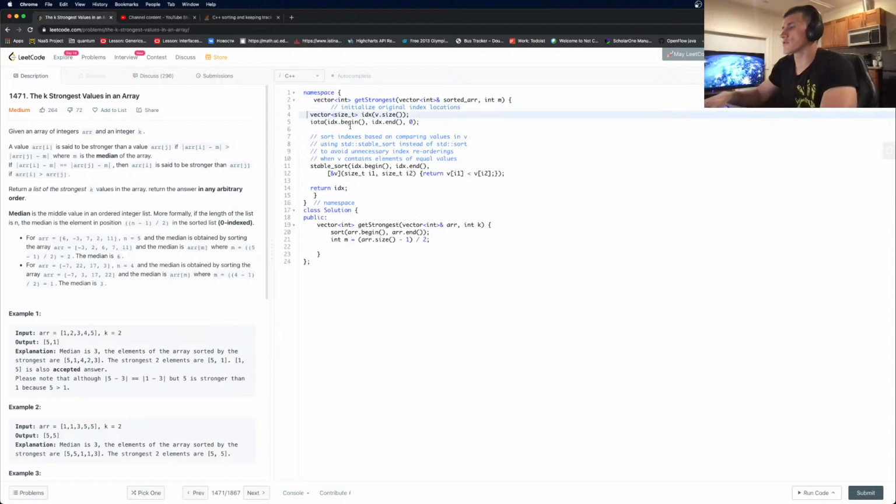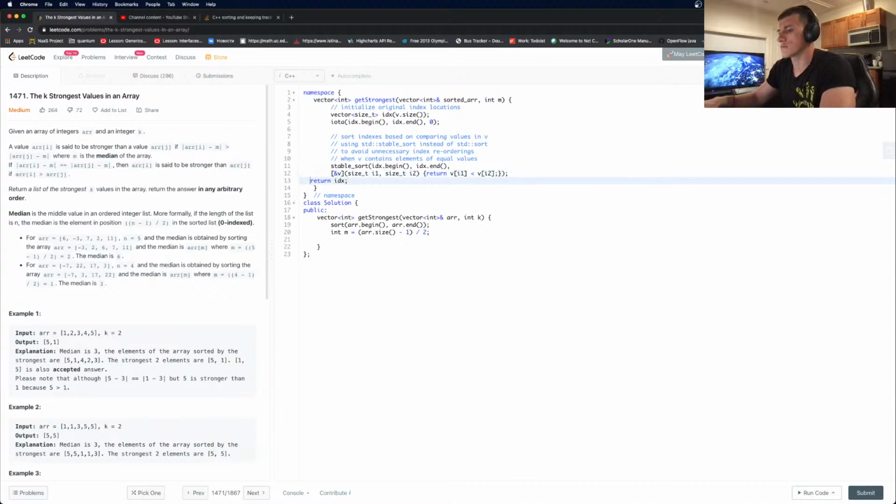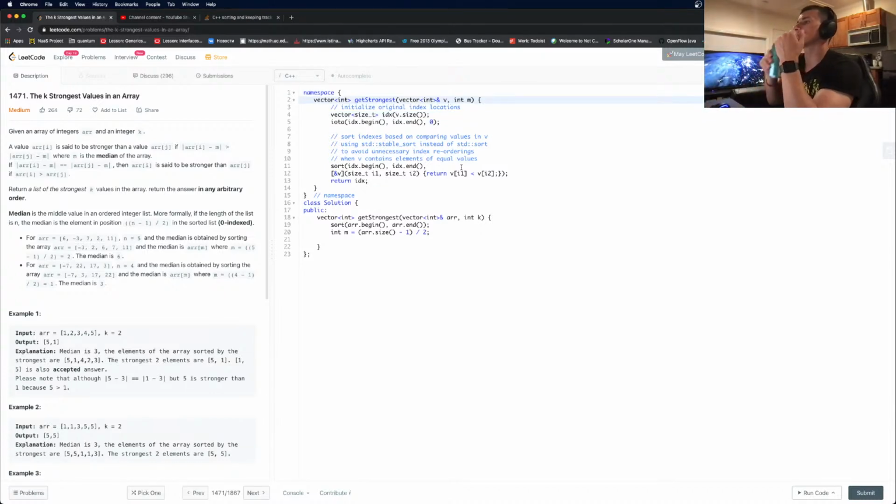So we have this vector. We just need sort. idx is the sorted array. Oh, let's call it v. Exactly. So v size